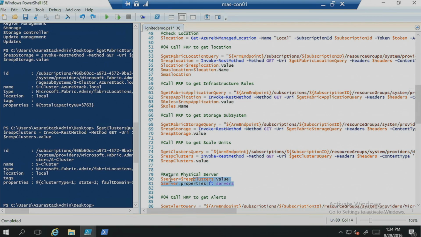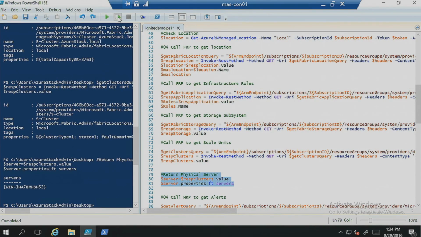And the last call I'm showing you for information that is not in the UX is the physical server. What this demo showed you is that it's running a one-node installation, single cluster. It's exactly what you can deploy in your data center today and get started.